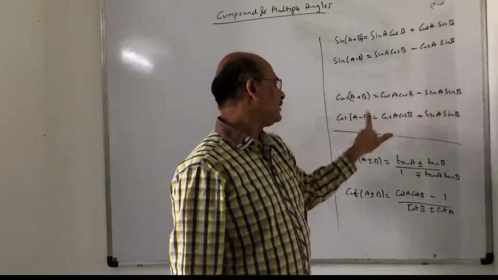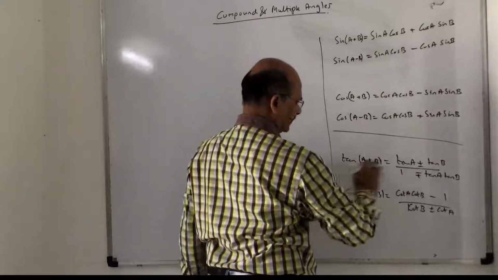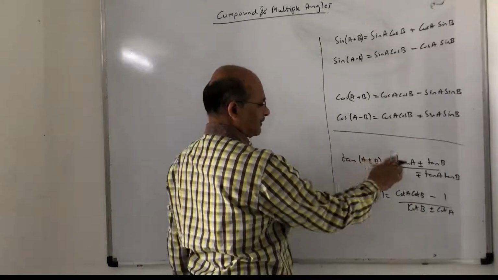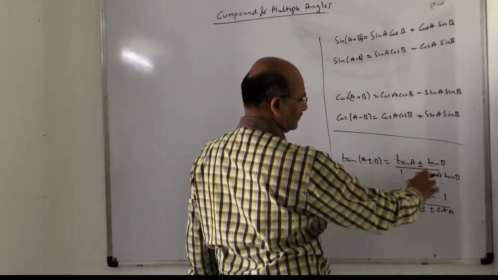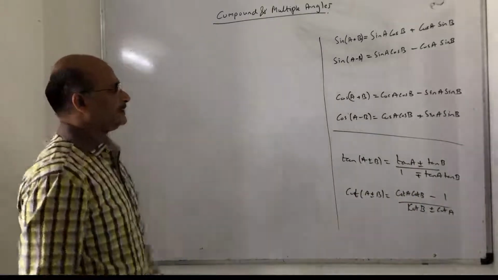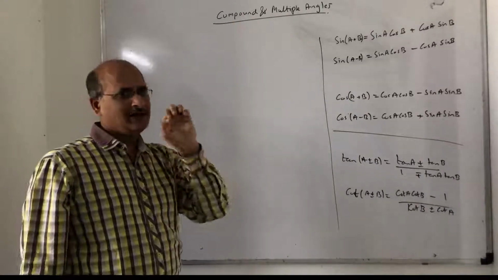And plus will become minus, minus will become plus. Having said that, if you divide these two, you get this particular thing. Anyway, right now there is no need to do the derivation here. So tan of a plus minus b is tan a plus minus tan b upon 1 minus plus tan a tan b. So let us begin with the questions associated with it, and then you will understand the exact use of this formula.